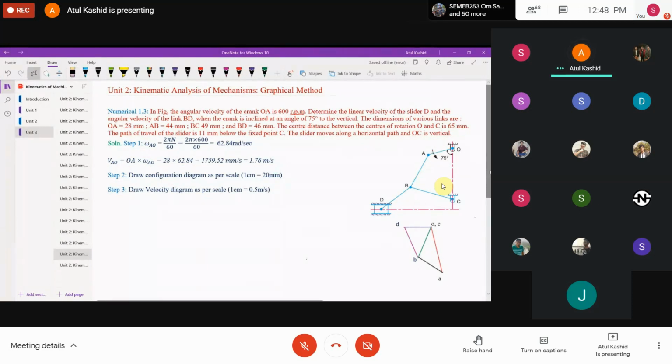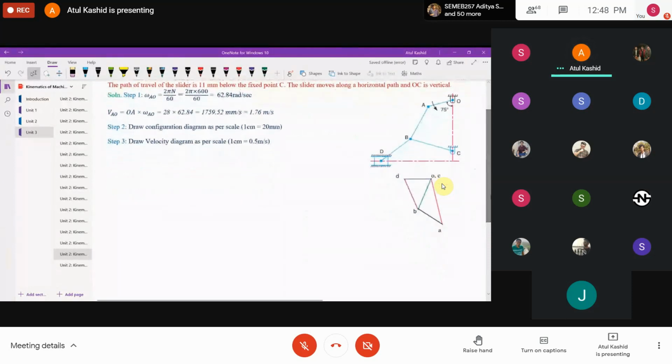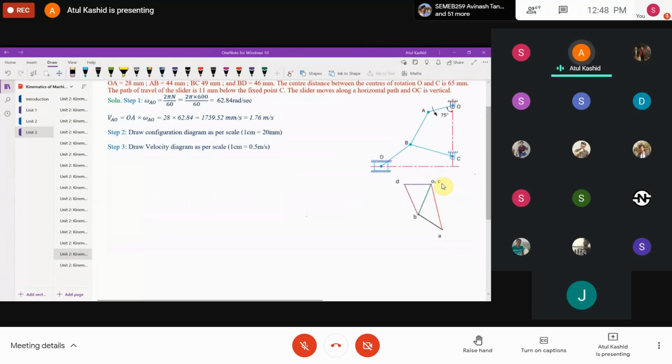So let me go down. Okay. Now the very first step I told you in the velocity diagram is to identify the fixed points. So I will identify the fixed points first. I can see point O and point C. I will take any point on the screen and write this as O comma C, right? So I've taken care of these two fixed points, O comma C. I've taken them at the same point because both are fixed, so they have to be taken at the same point, right? Then we have to target the input link, right?